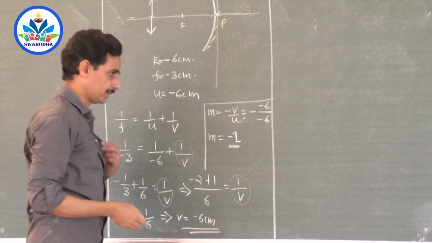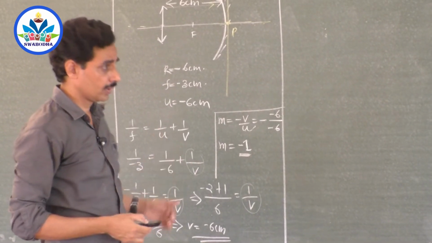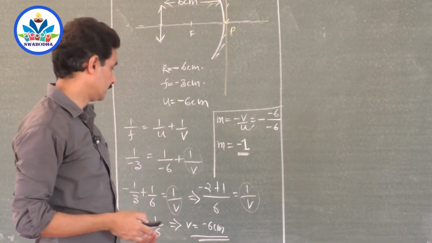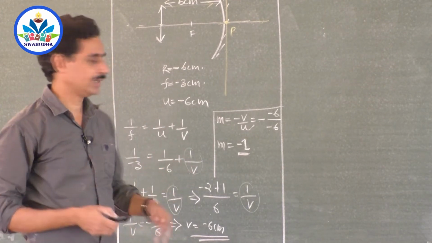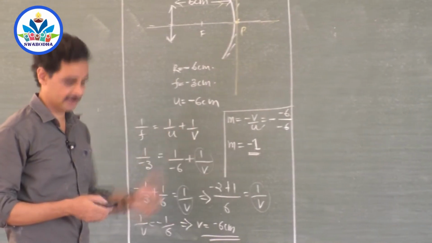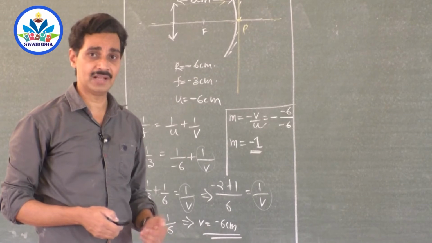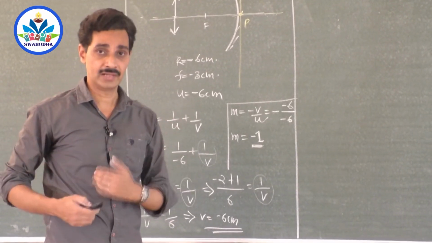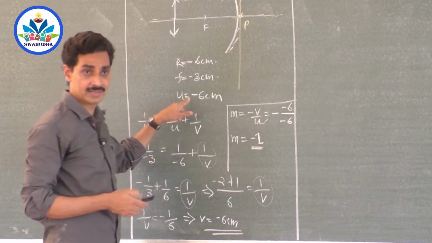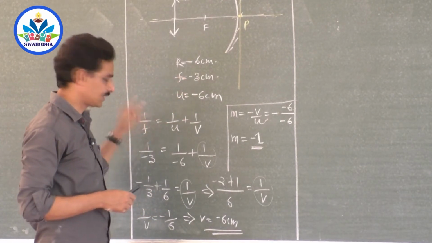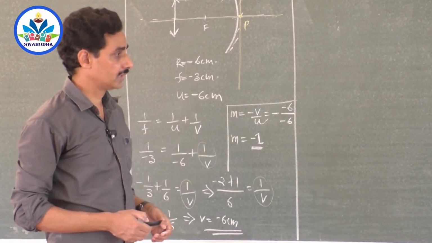So a very simple problem, but you have to take it very seriously and work it out so that you will have the theory and answers matching each other. Then you will get the confidence that the answer is correct, and then you will proceed forward. Otherwise, while applying sign conventions, it is the confidence that works a lot. You have to be very confident that what I put as minus here is correct. Otherwise, you won't move forward. Right, we will move on to the next question.